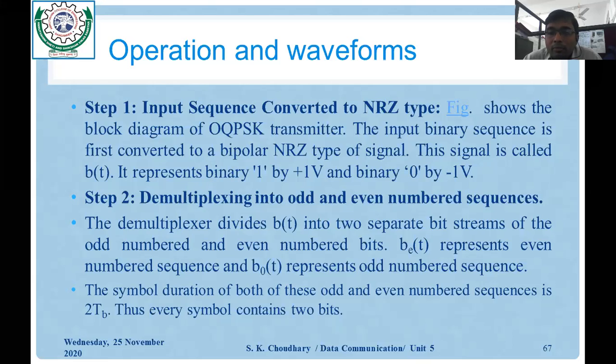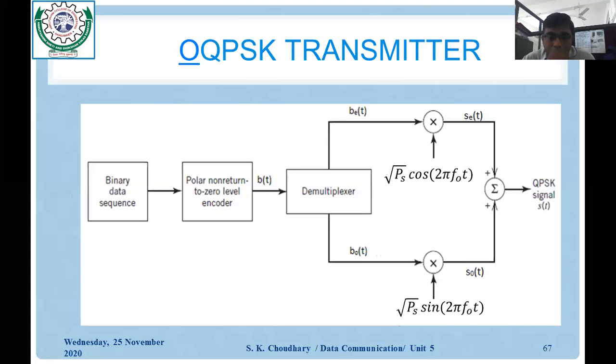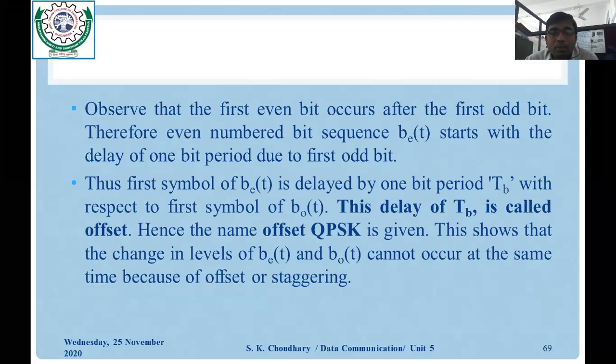Why is it 2TB? Why not TB? Because here we are combining 2 bits: 0 0, 0 1, 1 0, 1 1. That's why the symbol duration would also increase. Symbol duration is increased to twice TB. Okay. So after that, observe that the first even bit occurs after